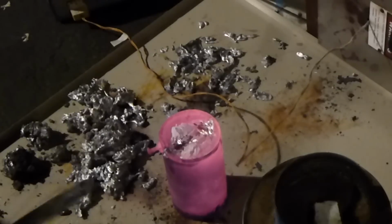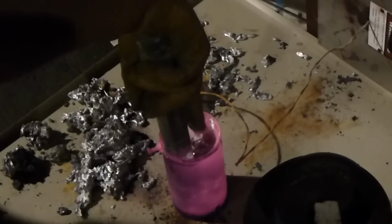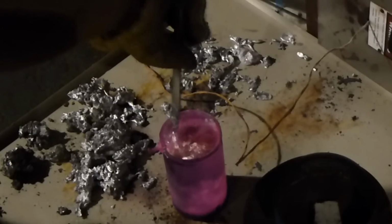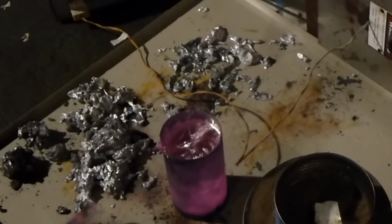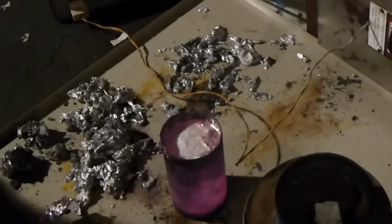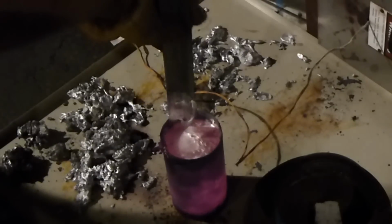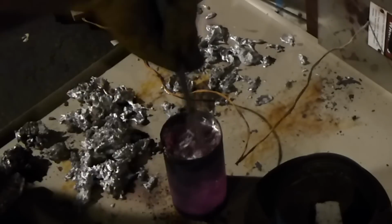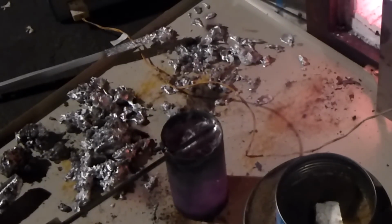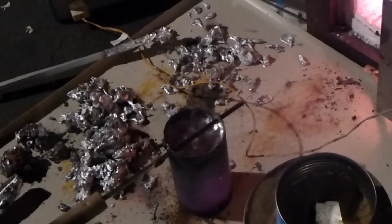It's not good when that happens. A little too much that time, I think. It's okay. Let's put a little bit of the stump remover in there. Stir that in. There's aluminum in my hole. That's one of the problems with this. If you fill it up too much, you get aluminum in the holes where the shaft needs to go